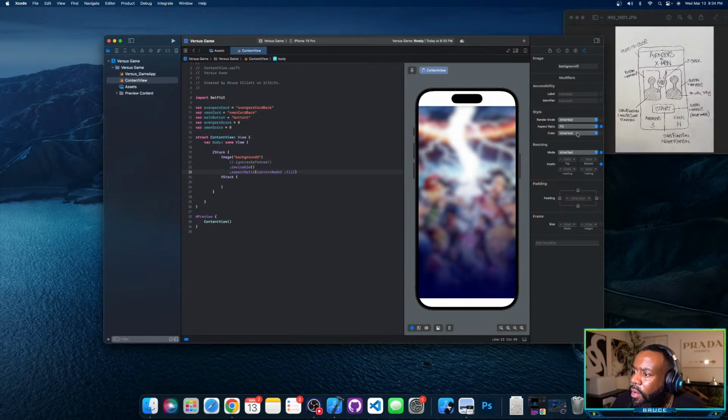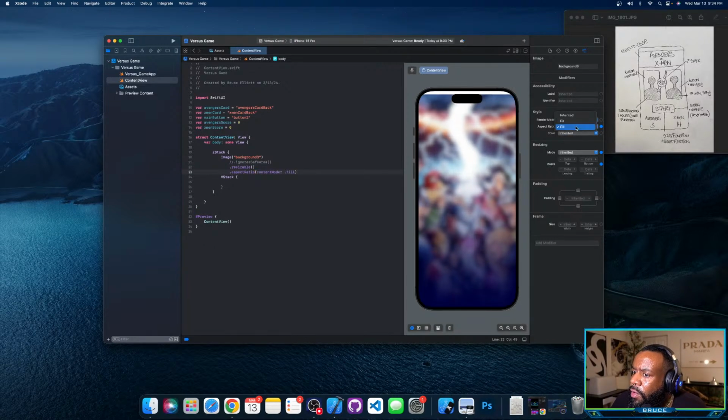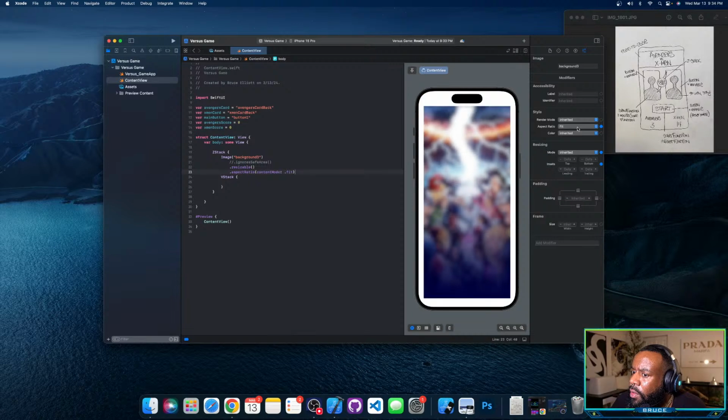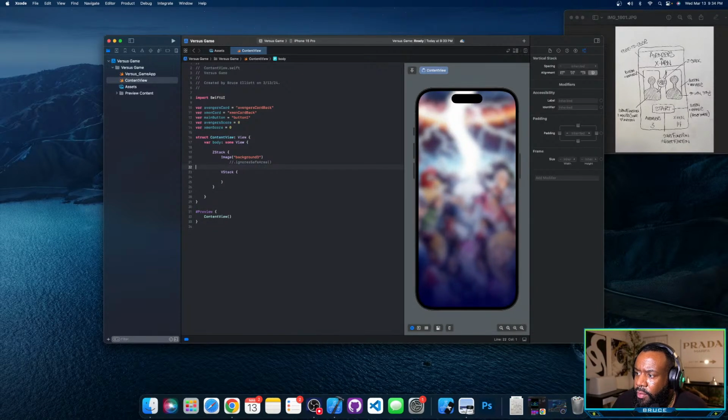Here we go. Fill or fit. No, don't like any of that. So I don't think we need it because it does it automatically. So I wonder why I used it on the last project. Anyway,